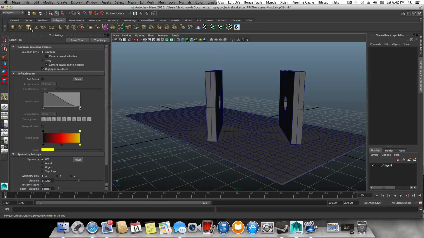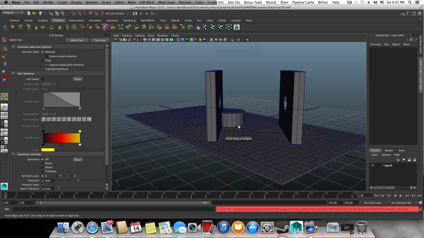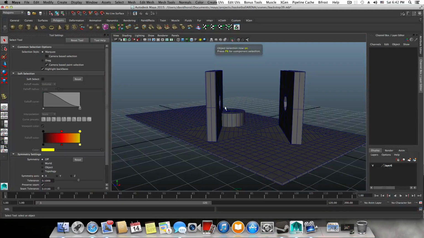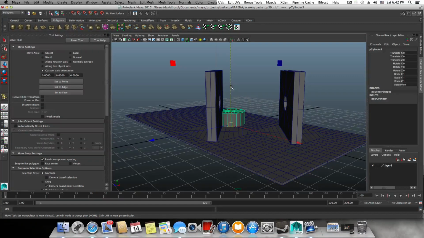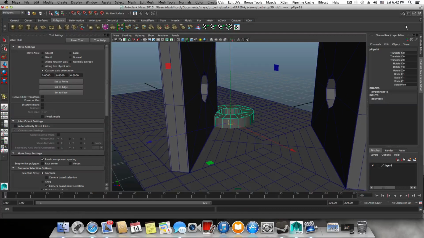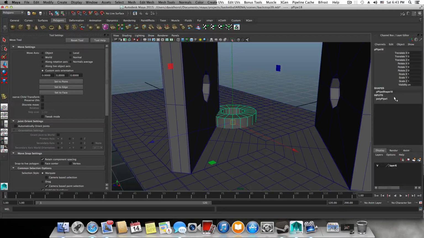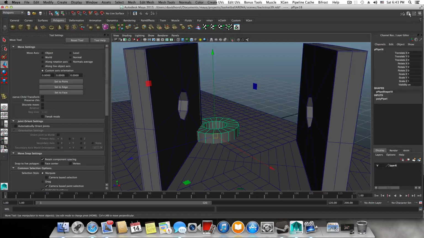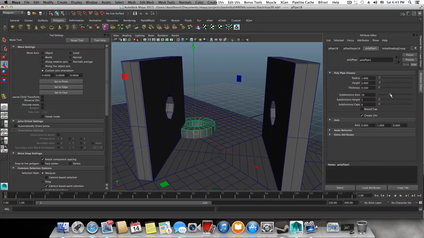Okay, so I'm going to create this. Press F8 to bring it back to object mode. I don't know why it was like that. And I'm going to change this. You know what? I already did this earlier. I'm going to create polygon pipe and simply set this to 6. Alright, maybe I will. No, I don't want to do this. I will simply switch this to 6